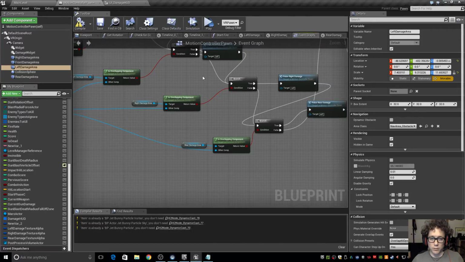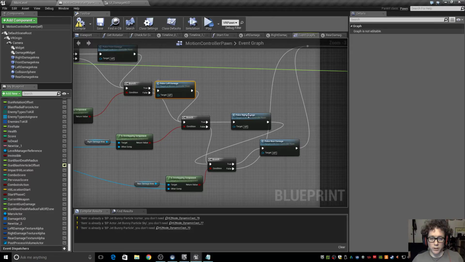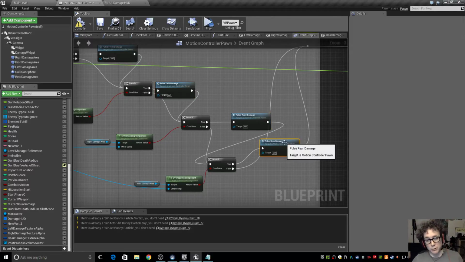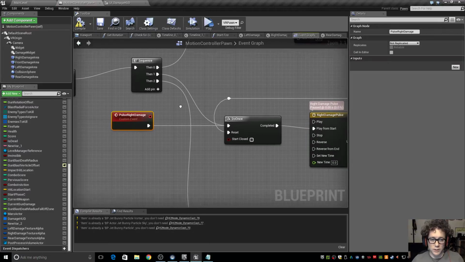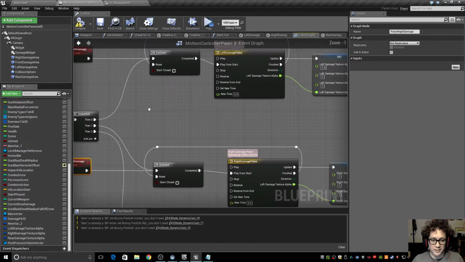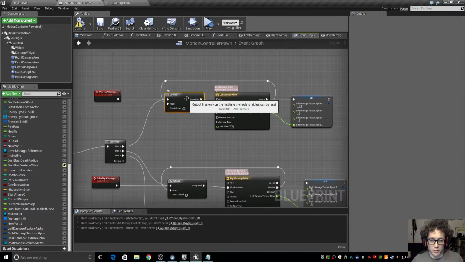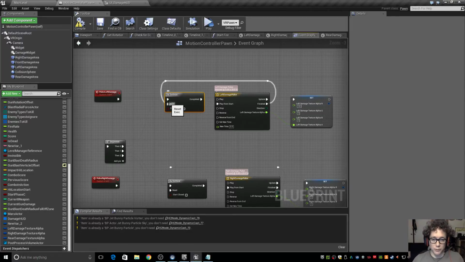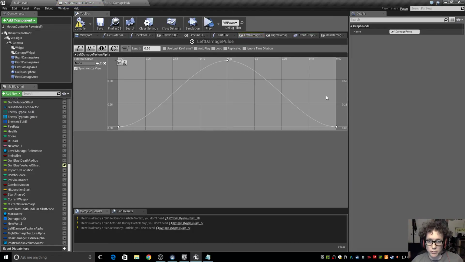And once it checks for those, it runs a function for pulse left damage, pulse right damage, and pulse rear damage. Those functions are simple, I just put them right below. They're little events, and all they do is they have a do once, just to make sure that it does one full pulse, and it has a timeline, which just goes up and down,